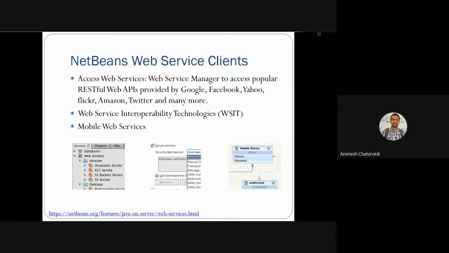So they have some standard and famous RESTful web APIs that you can use for accessing things like Google Maps. You can ask for the Google Map and a location locator. So you can use such Google Maps features through the RESTful API provided by Google Maps.